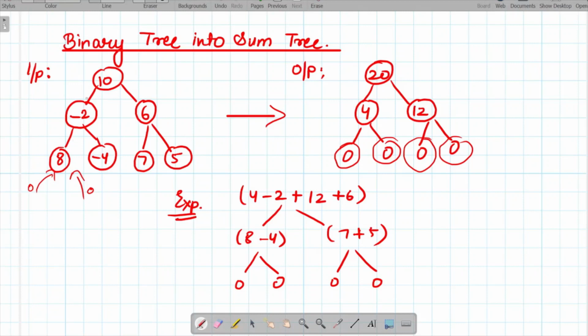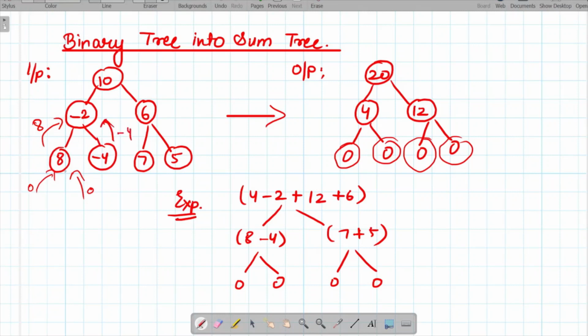Then we will look at this node which is minus 2. For minus 2 we will see the nodes are 8 and minus 4. One thing we have to remember is that since we have updated this node, it does not mean that this 8 and minus 4 are now removed. Before updating the nodes by 0, we are returning the value to the upper parent also. So for 8, the value that will be updated over here is 0, but the value that will be returned will be 0 plus 0 plus 8. So the value that will be returned is 8. In a similar fashion, the value that will be returned by minus 4 will be minus 4.